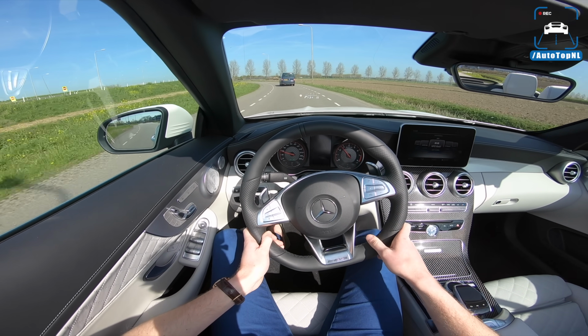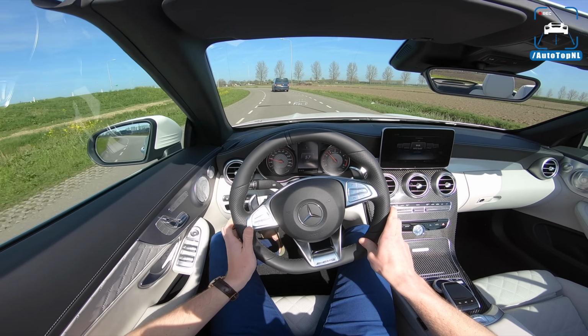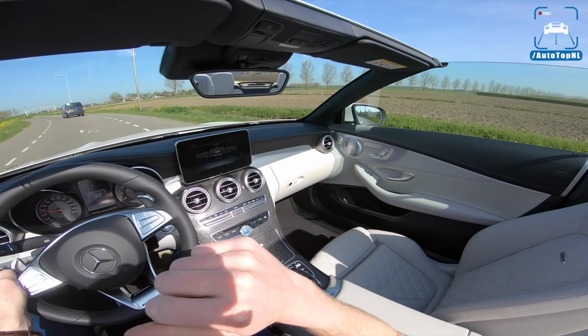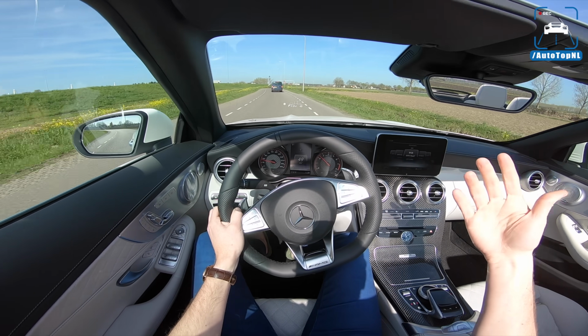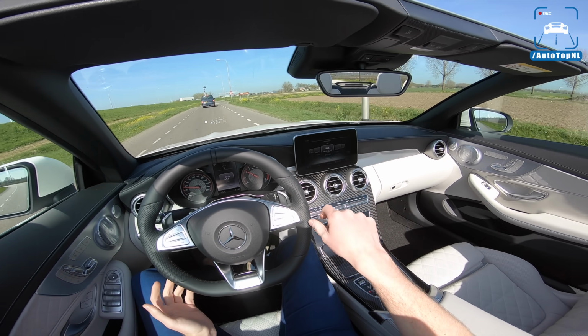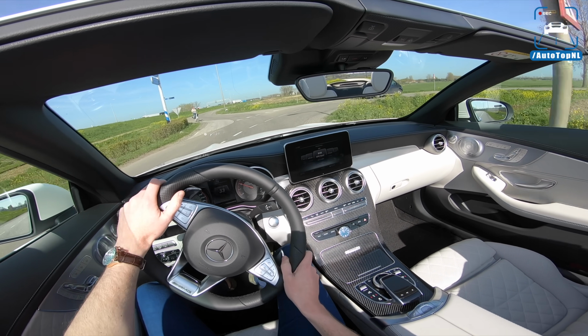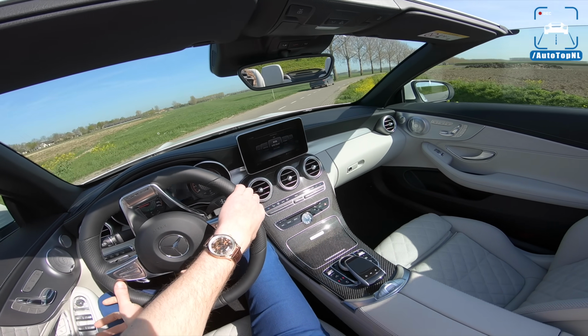So this review is, as I said, mainly about the weather and this edition of the C63. So I'm just going to drive around, talk to you about how I feel in this car, how it makes me feel, how it, you know, with this weather, I mean,